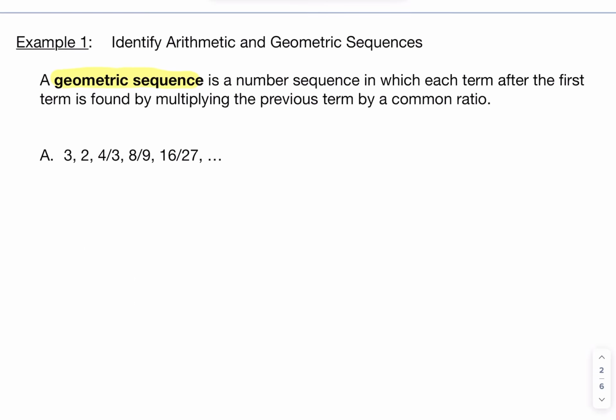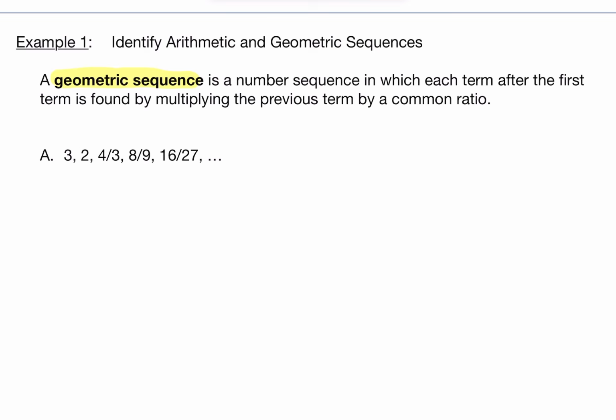All right, so a geometric sequence is a sequence of numbers in which each term after the first term is found by multiplying the previous term by a common ratio. Let's say that in this geometric sequence, we start off with 3. Well, how do we get to 2 from 3? And then how do you go from 2 to 4/3, and then 4/3 down to 8/9, and then 8/9 down to 16/27? Well, the way we do that is we're going to take the